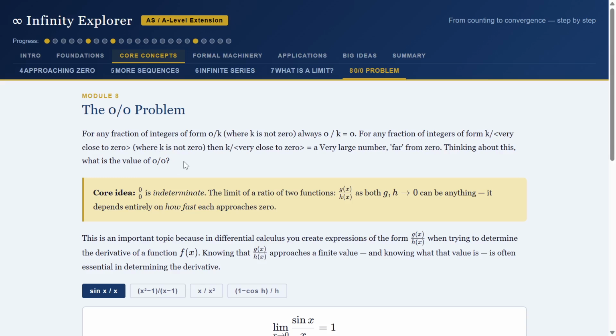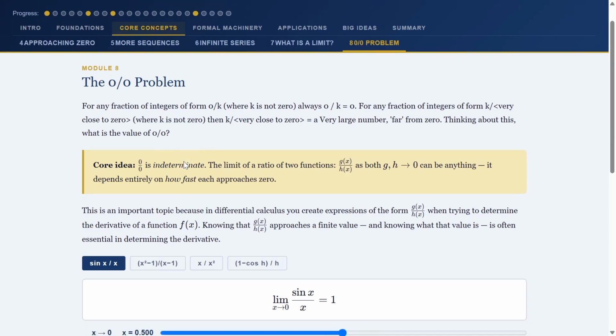The two behaviours are sort of pulling in opposite directions. So basically, we say that the value 0 over 0 is indeterminate. We can't give it a value. And why are we interested in that? Because in calculus, we often arrive at the expression some function over another function. And if for some input value x, both the functions are getting closer to 0, then that ratio can be anything. And that will come up in differentiation,